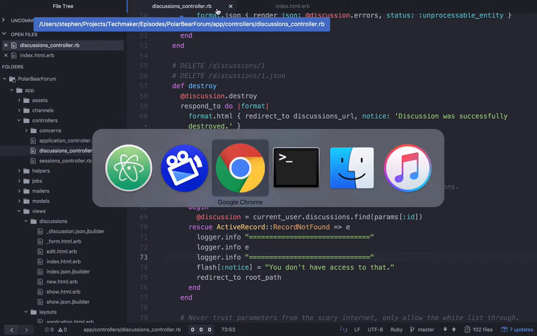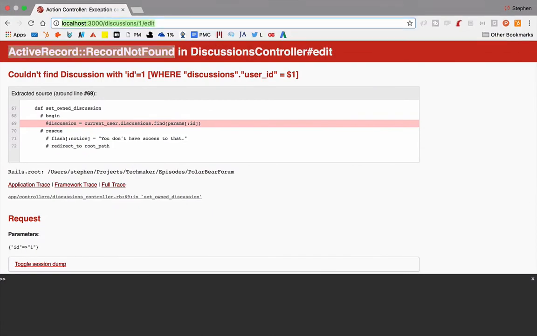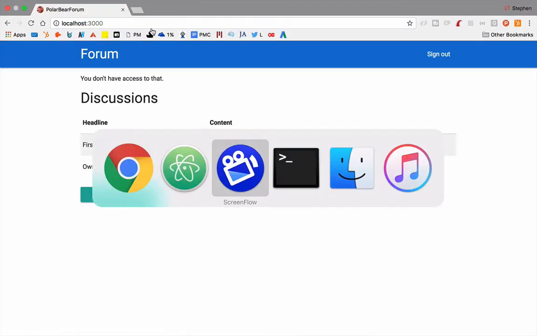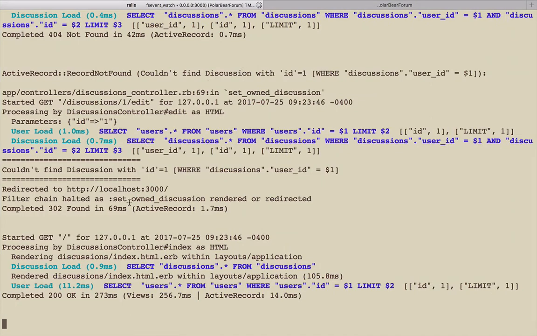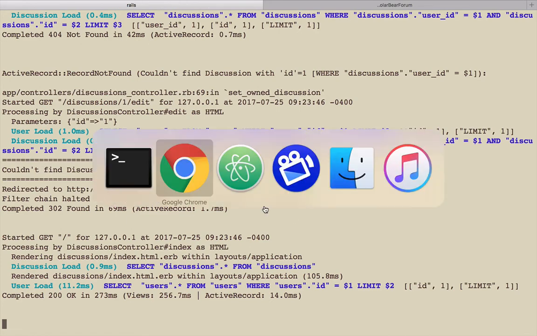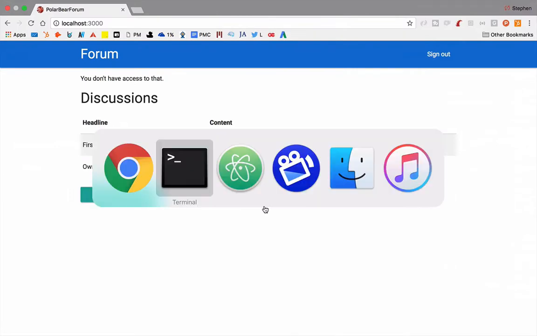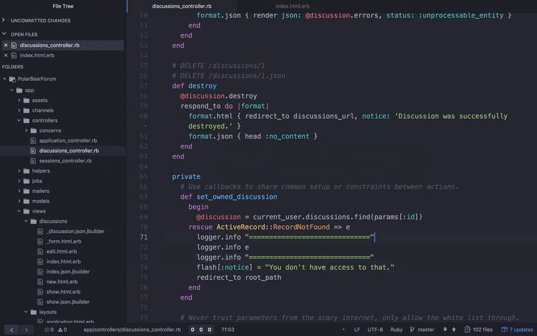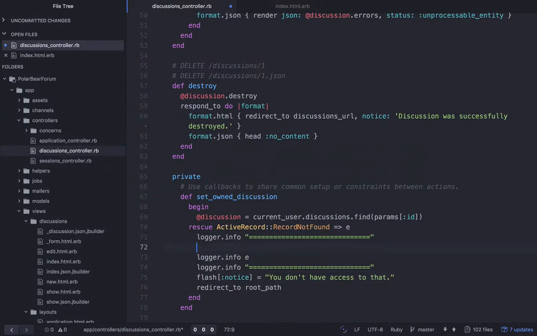Let's try this out. So if I just refresh this page, it should kick me back and tell me I don't have access, and then in my server it puts the error message between the equal signs. So couldn't find discussion with ID where user ID equals 1. Alright, so that's pretty good. Let's see. So I want to try a couple other things. I don't know if you would really do this in a production app, you might, but this could be interesting. So if you said, if a user logged in,